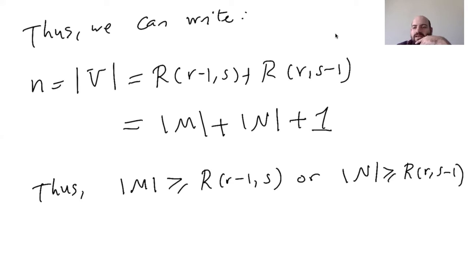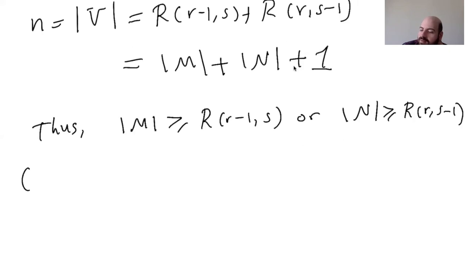Why can I say this? See, it's a very simple fact. I have addition of these two numbers equals addition of these three numbers. So I'm saying that this number is bigger than or equal to this, or this number is bigger than or equal to this. Why is that? Because if none of these happen, see, if not,